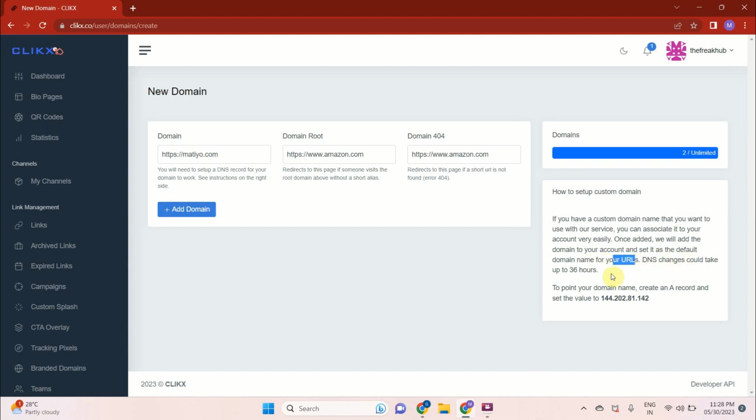DNS change could take up to 36 hours. To point your domain name, create a record and set the value. This value you have to set into your domain. So for now, let me add this domain,